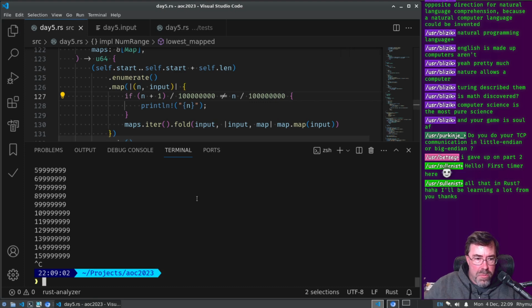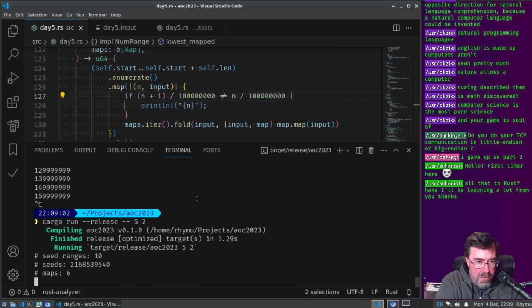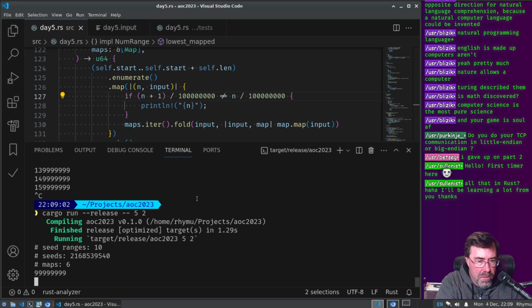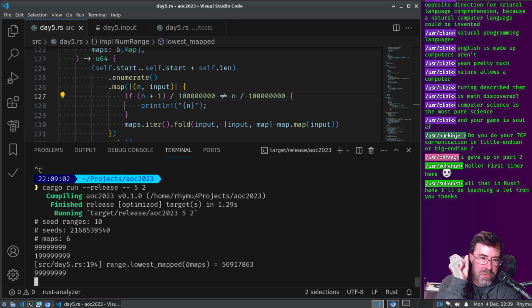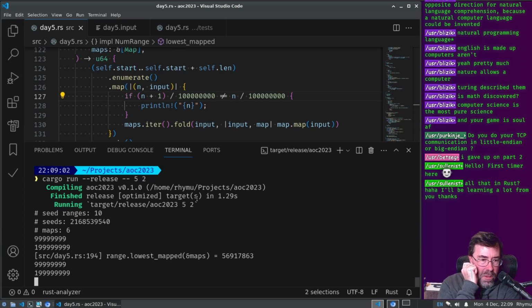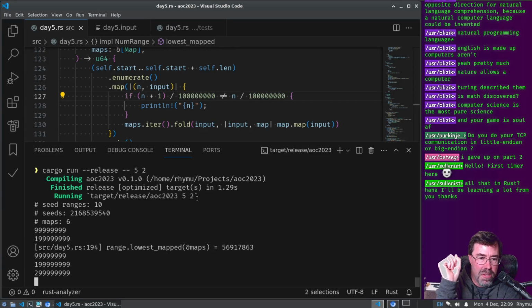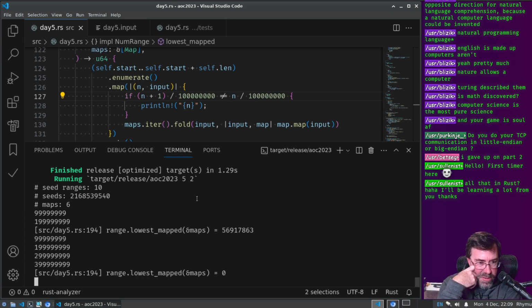So every 100 million seeds. Okay, so that's the lowest from the first range of seeds. So there are 10 ranges, right? So the lowest of the first range is 56 million.